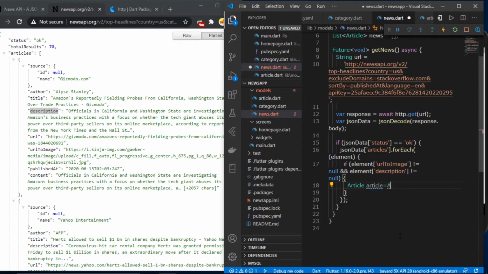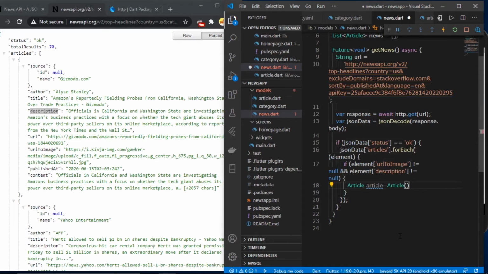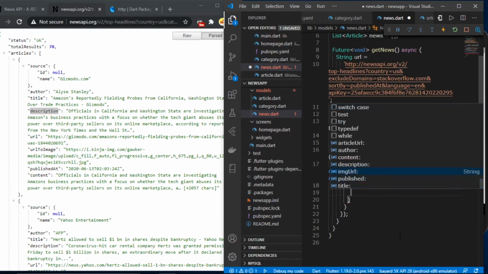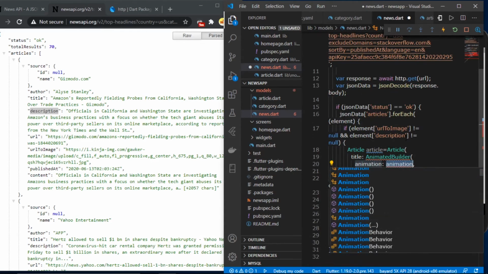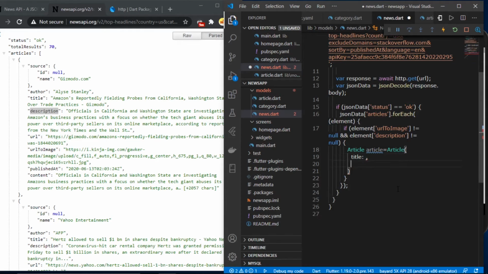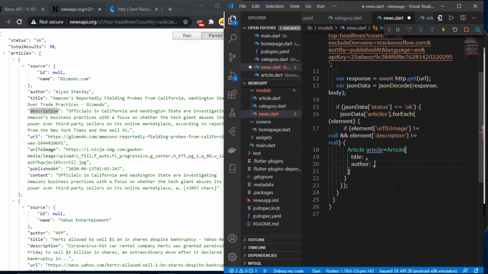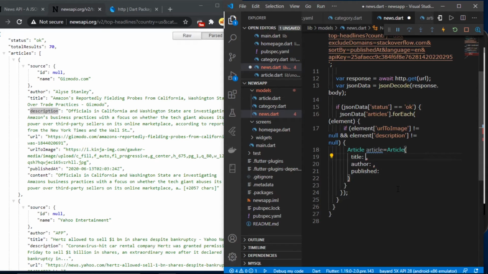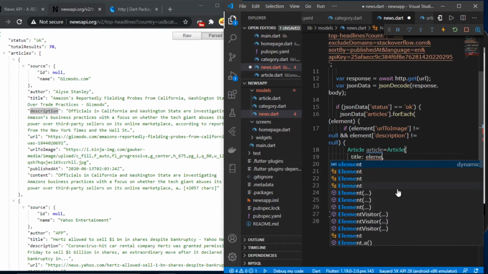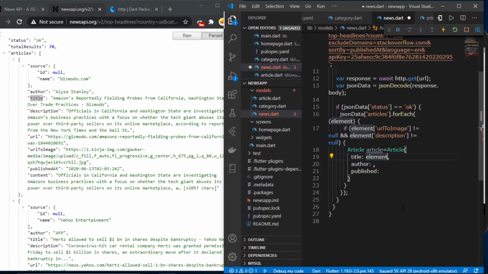and this article variable will store it as an article object. In this article object we are going to take some parameters. First of all, it is going to take the title, then after the title it is going to take the author, and also other parameters such as the published date and all. For the title, I'm just going to map the element, and it also contains the title, as you guys can see over here. So element title,